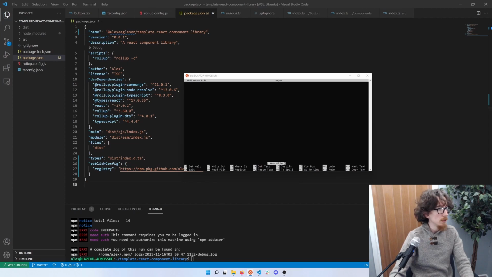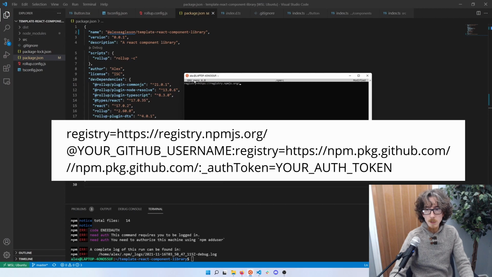The first line looks like this: registry=registry.npmjs.org. The second line looks like this. Now I'm going to copy my own. Again, this is my own GitHub username. It's going to be different for you. Where I have my name, yours is going to be your GitHub username after the @ symbol,